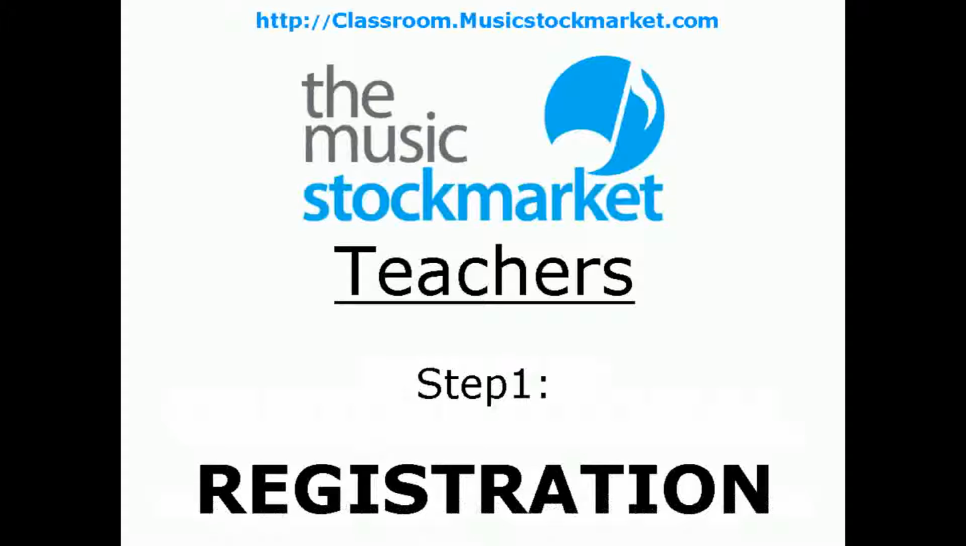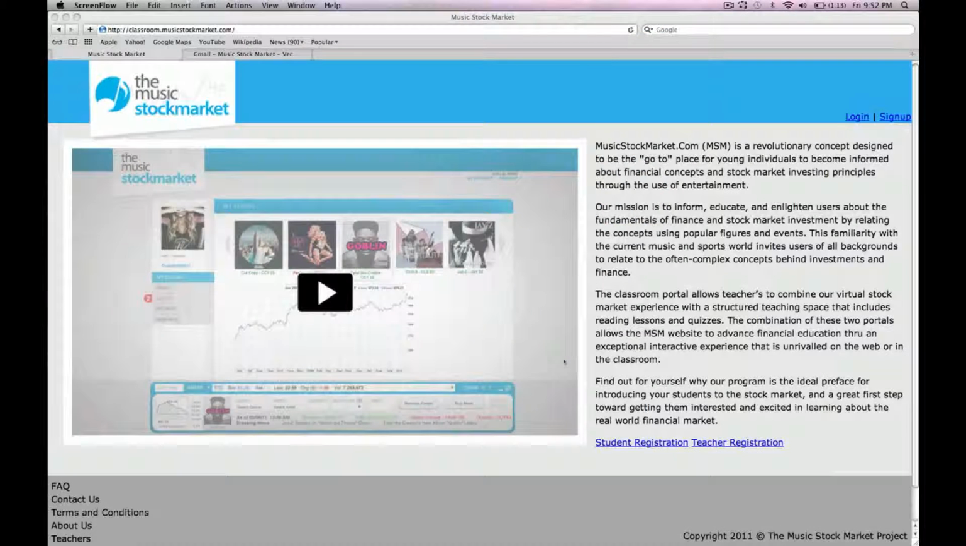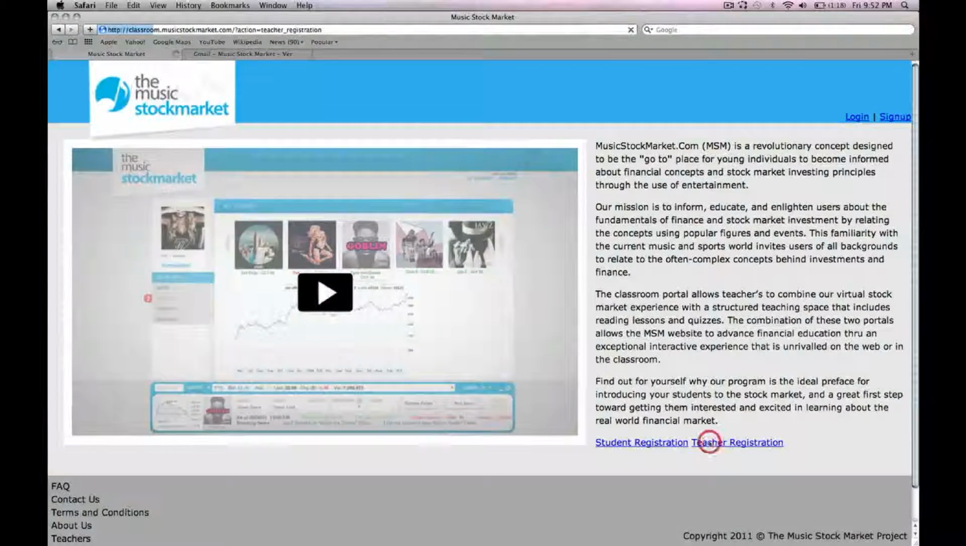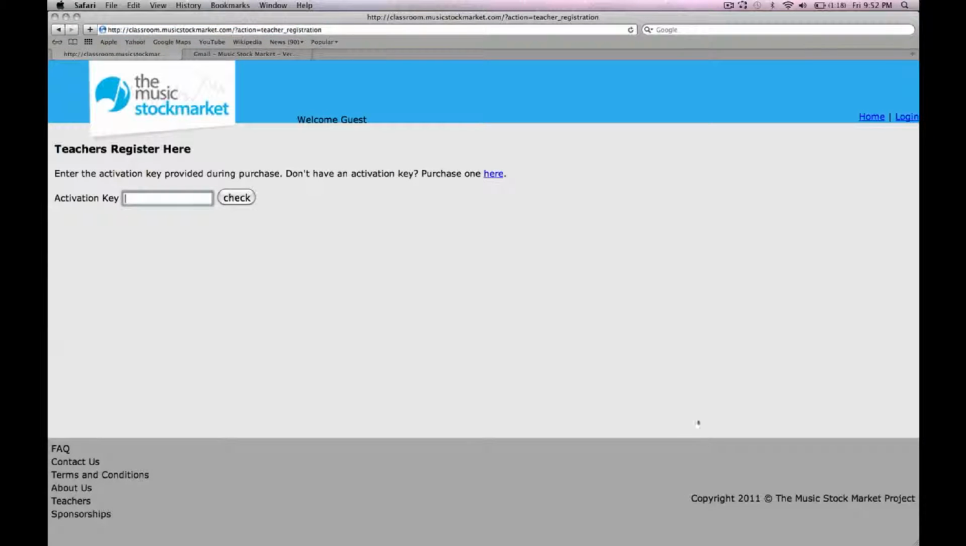We're going to go to step 1, which is registration as a teacher in the system. When you first come to the classroom.musicstockmarket.com homepage, you'll find towards the bottom of the page two links. One for student registration and the other that says teacher registration. We'll go over how your students will register in a bit, but for right now, we want to click on the teacher registration link. When we do so, it takes us to an activation page where we're prompted to